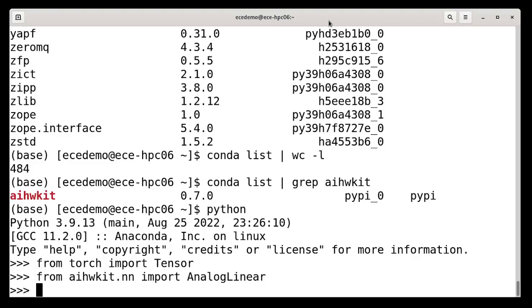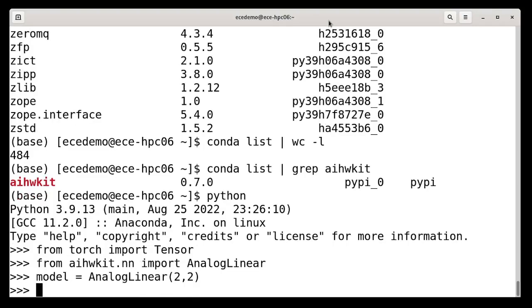Okay, and then model equals AnalogLinear(2, 2), and then last line model(tensor(